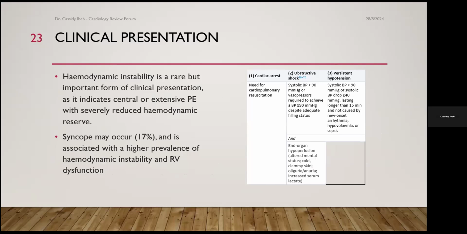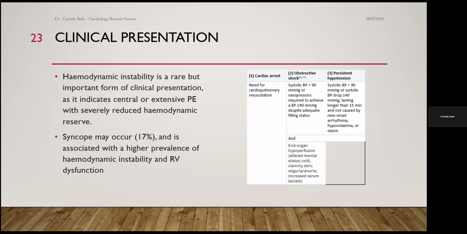Now, patient may actually present in the form of hemodynamic instability, which is an important form of clinical presentation and indicates central or extensive pulmonary embolism with severely reduced hemodynamic reserve. On the right side is what defines hemodynamic instability, which can be in the form of cardiac arrest, where there is need for cardiopulmonary resuscitation, or it may be in the form of obstructive shock, where there is requirement for